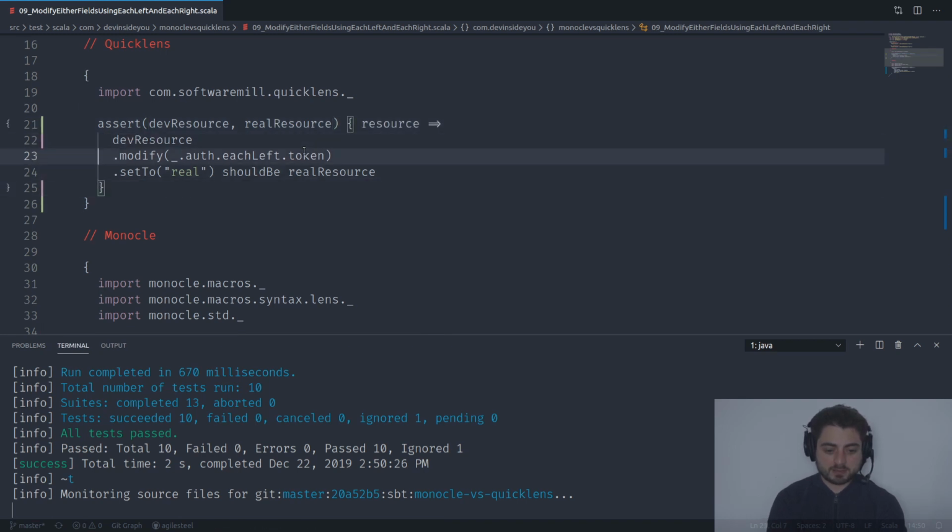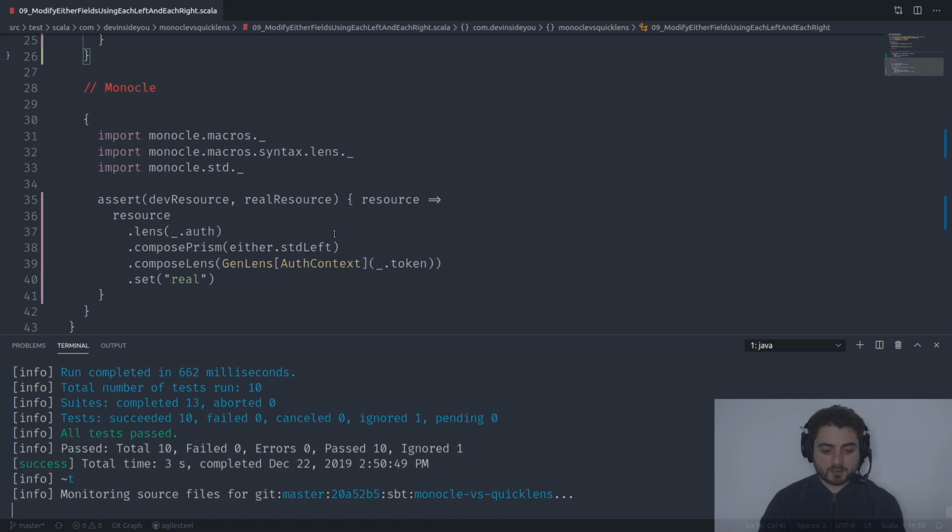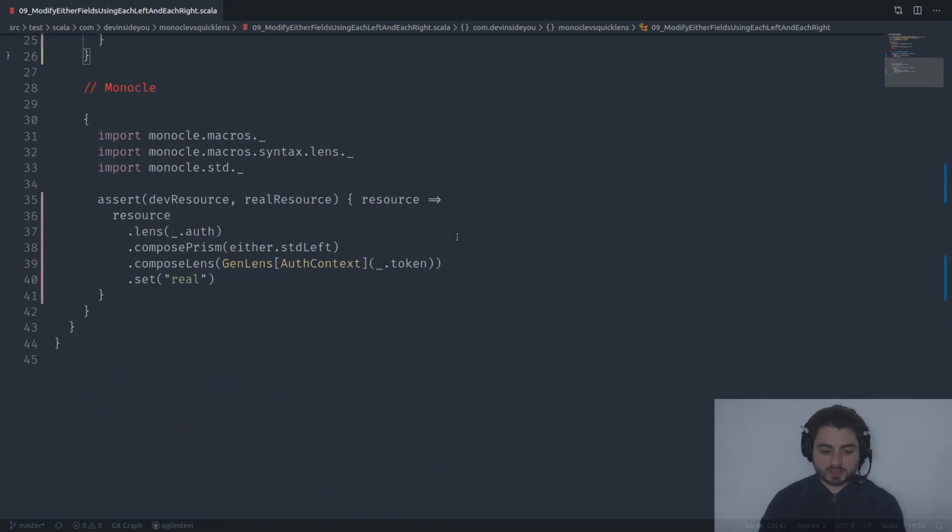Let's bring this one down like this. We're using the resource over here. No, not the real resource. This one, resource, and now we don't need to do this should be thing. All right, a couple of improvements here and there. All right, let's go to the next one. The next one